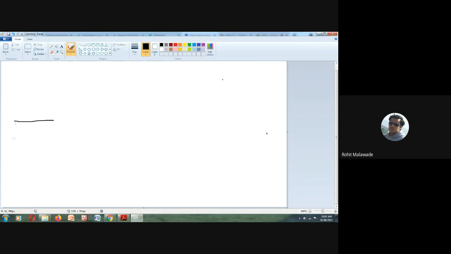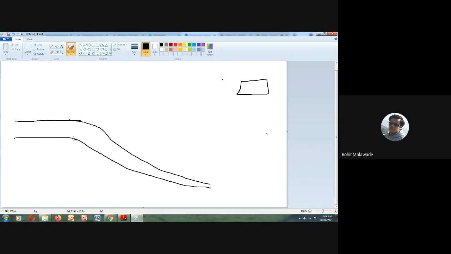See, this is your track. Now, this is your station. On a single track, what is going to happen? You need to diverge. You need to have a number of tracks over this particular point. So here you will have the points and crossing. Again, a number of tracks will be generated somewhere from here. So that is the reason why you need it.